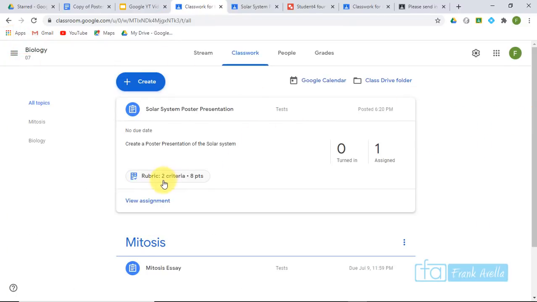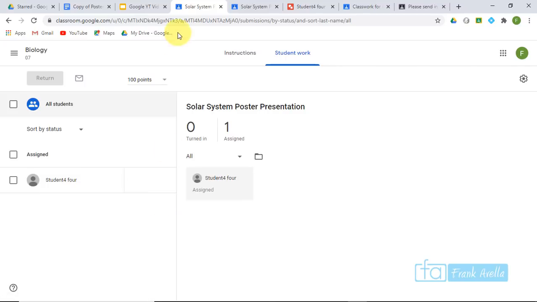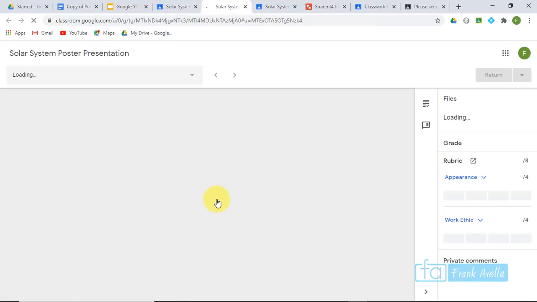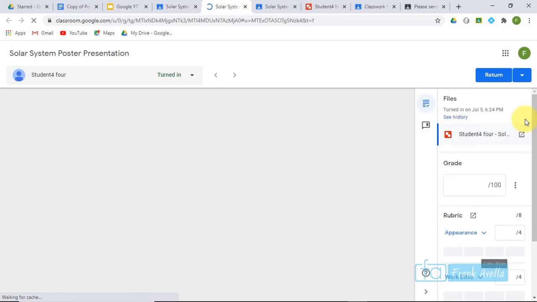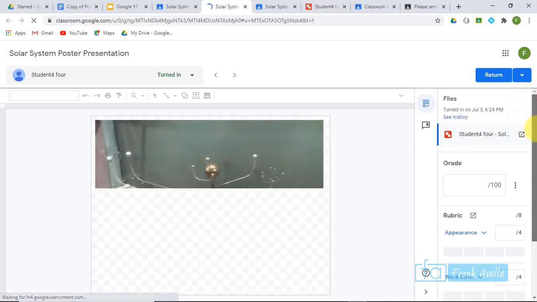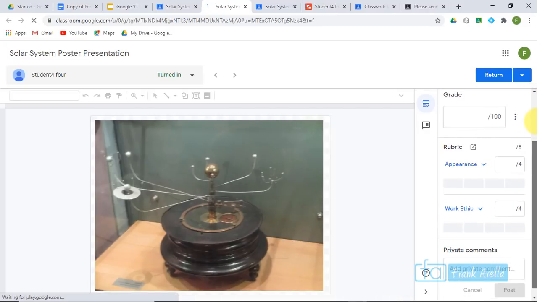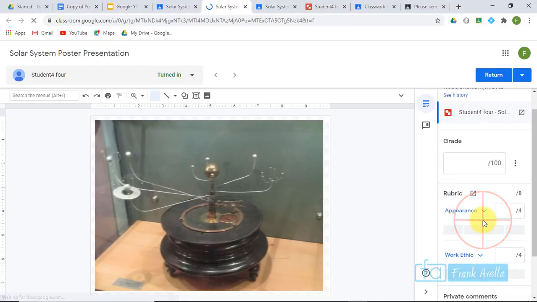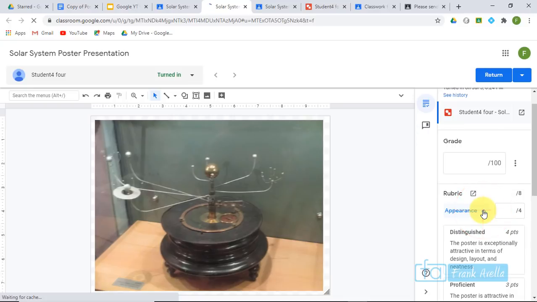Now, that's what it looks like when you open it up, but you could also use the rubric to grade. So I'm going to go to view assignment here, and student has turned it in, student 4. So I'm going to open up their assignment, and I'm going to use the rubric to grade this. And I've shown you before here, but here it says rubric. You're going to pick